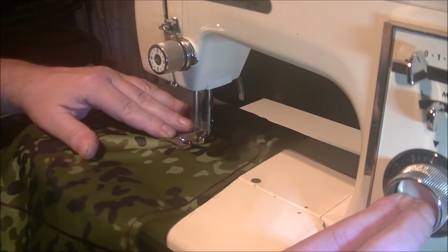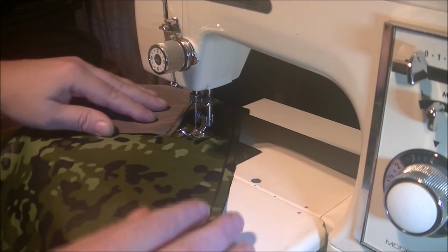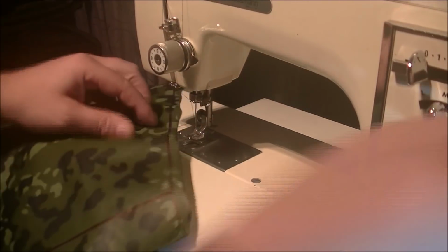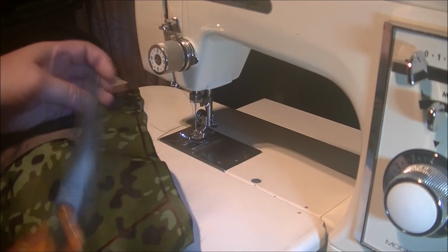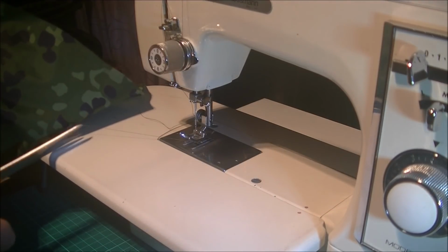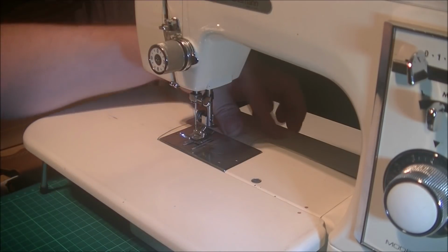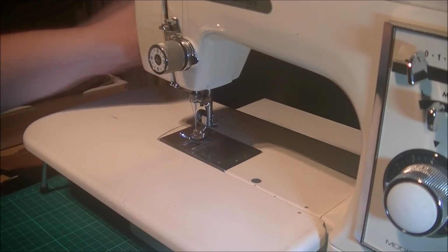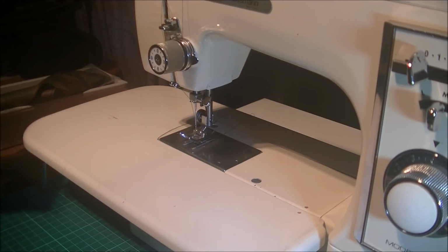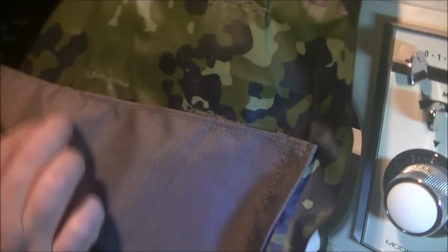Come back again, forward again, and that's that. Off the bottom one, make sure that both are under, and pull back. So now, ladies and gents, see what I mean? That's got